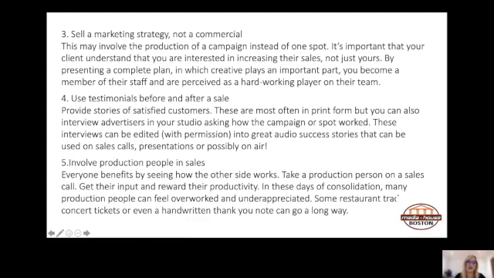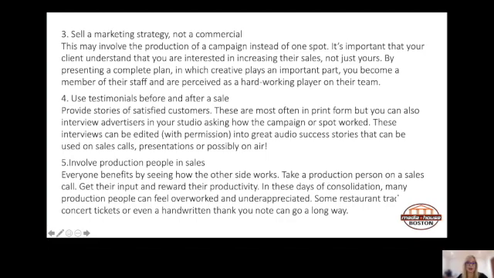Number 5, involve production people in sales. This is something that a lot of people make the mistake of not doing. Everyone benefits by seeing how the other side works. Take a production person on a sales call. Get their input and reward